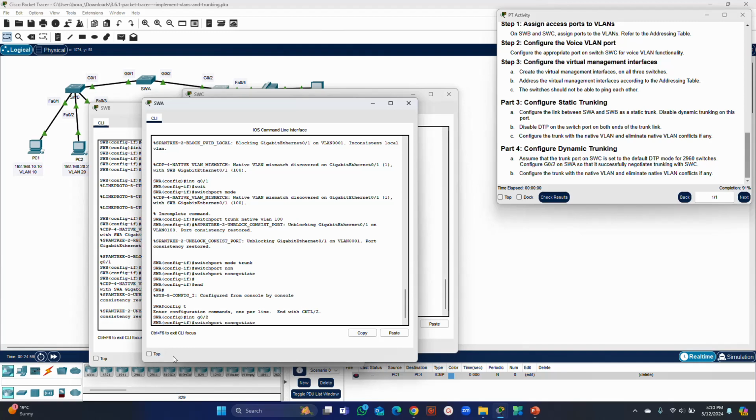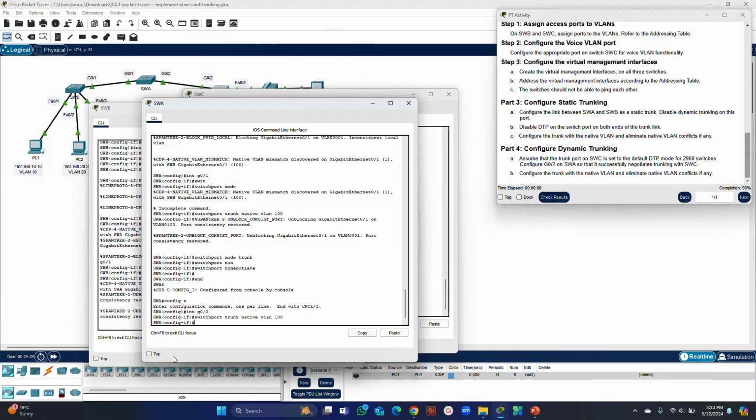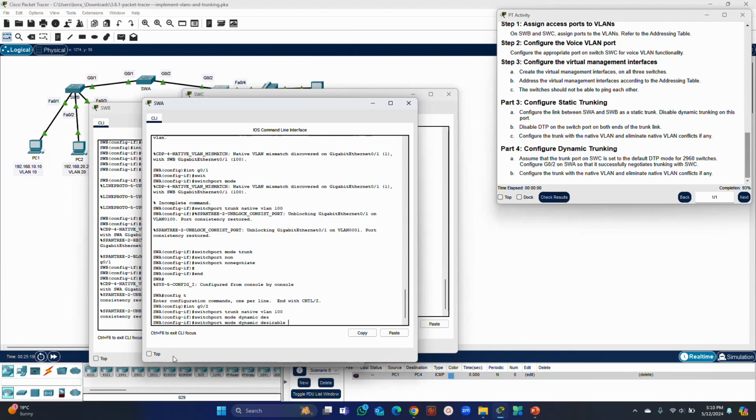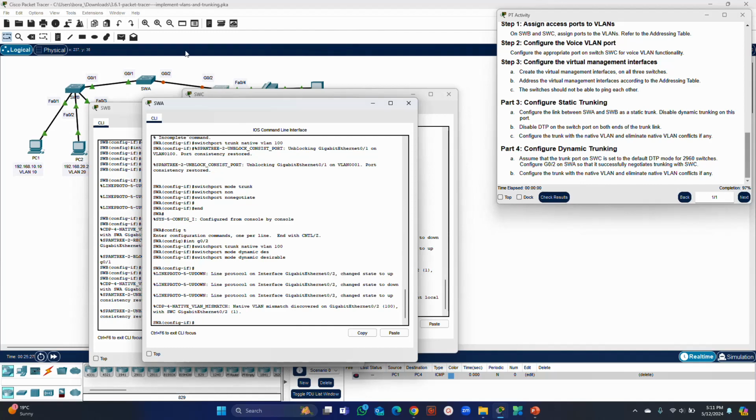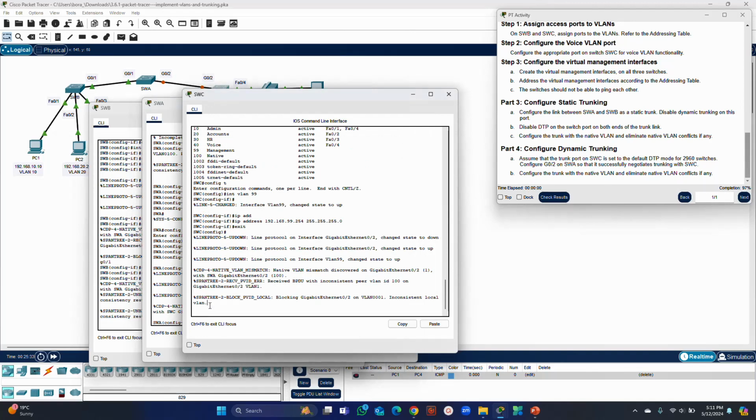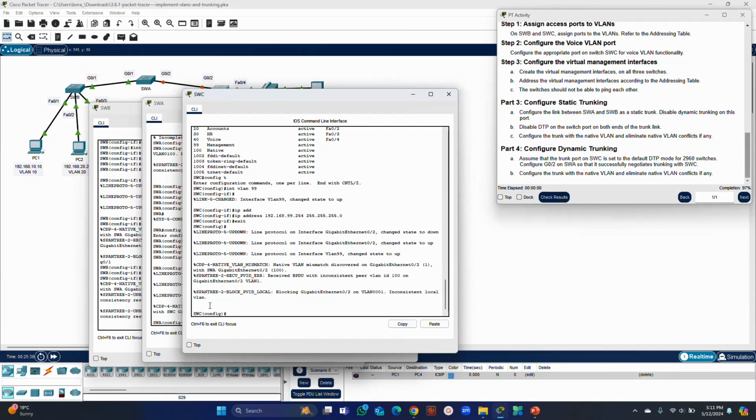Once again, let's set the switchport trunk native VLAN. And since I'm saying dynamic, I will use the command switchport mode dynamic desirable. It will change to up, but it's trying to negotiate with this one, so I have to go to switch C. See, it's trying to negotiate. It's a mismatch, so I have to go to the